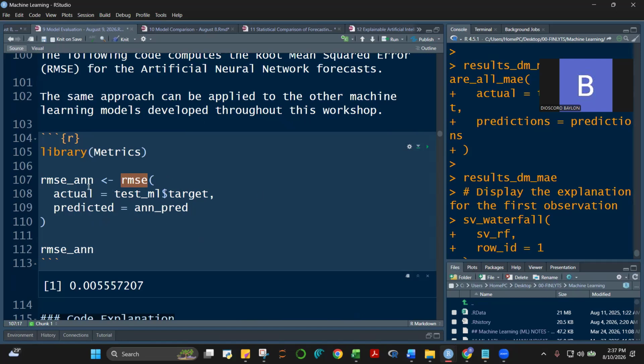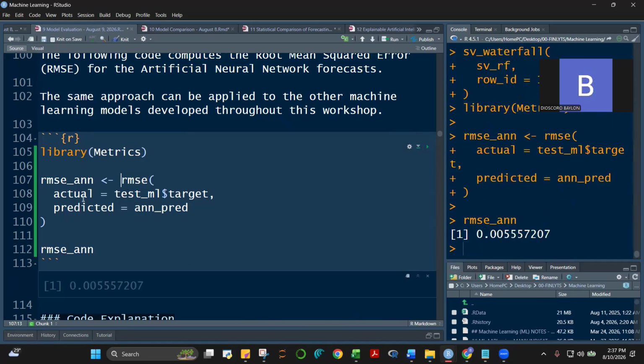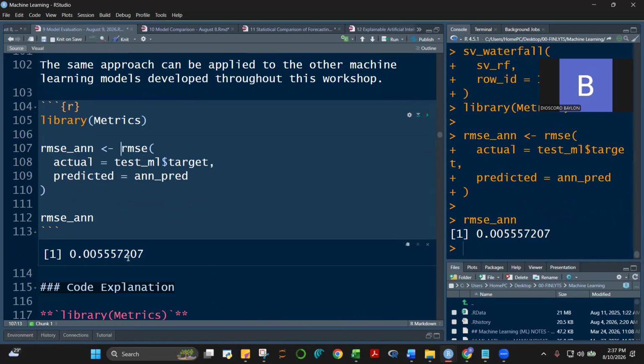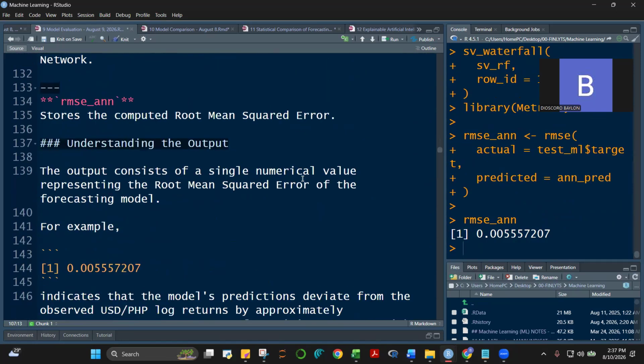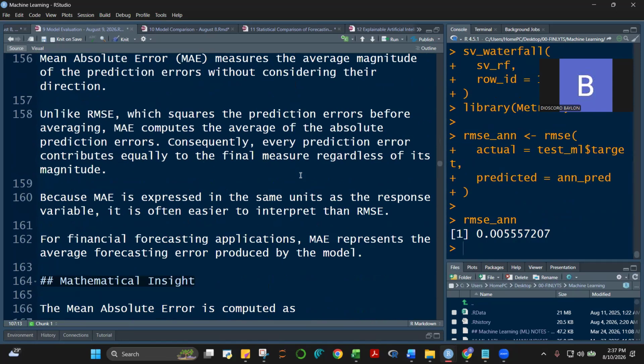If you run this, that will be the RMSE of your ANN. And print it. So we have 0.005557.2. This has no meaning unless you benchmark it with the other models. Then just do the same with your XGBoost, with your decision tree, with your random forest, with your OLS. We'll do that later, but we're just looking at the process by which we do this. I think you know this already because this is just a review.